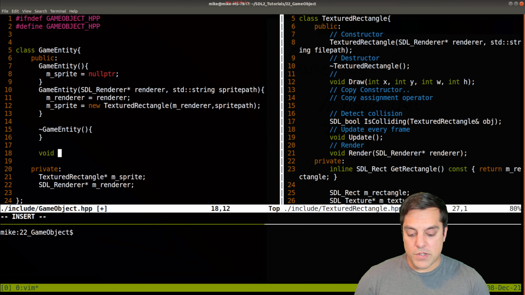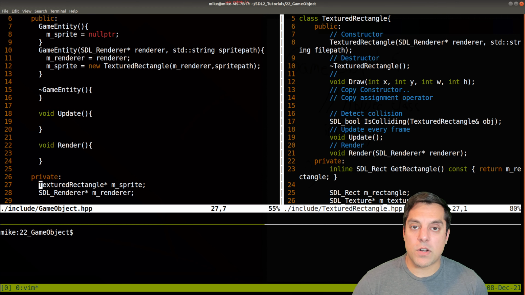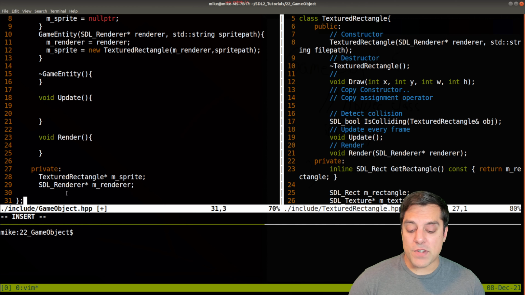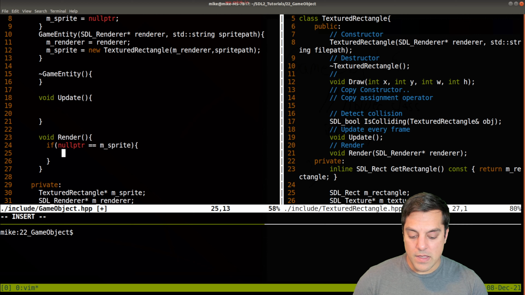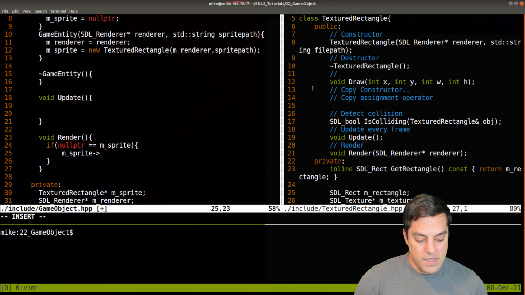And then our entities are probably going to need generic update and render functions here. And this is where I'm going to want to do a little bit of work to set up. Update could be things like updating the position of our entity or whatever properties we have. Right now, we don't have any associated with it other than maybe the sprite, but we do have a render function here. I'm going to say if our sprite is not null, and sometimes I like to do these in reverse, that's a little bit safer,